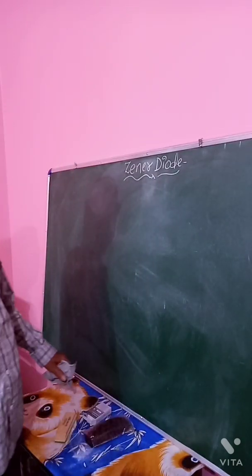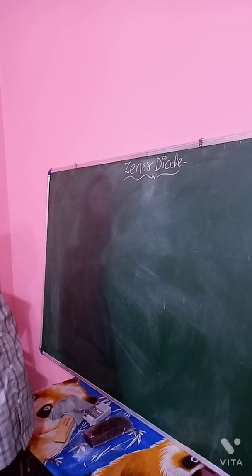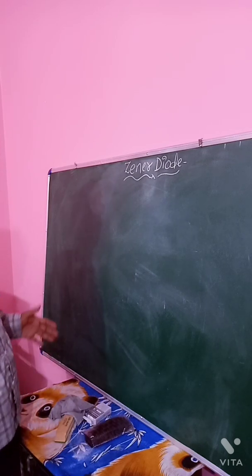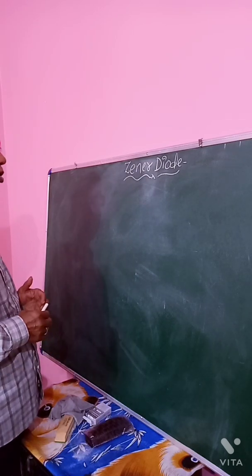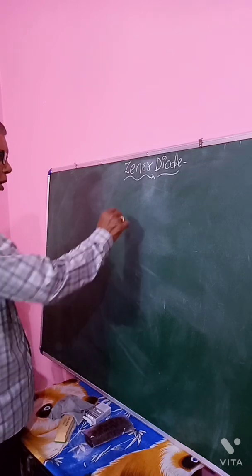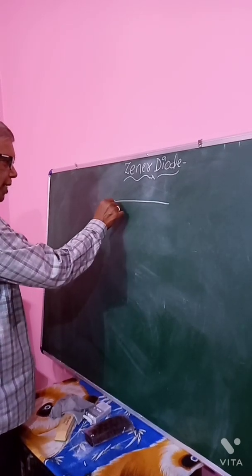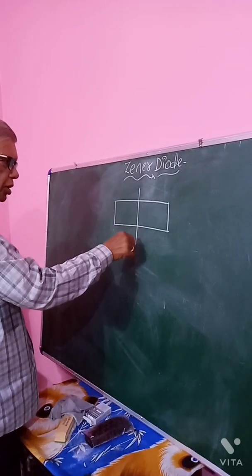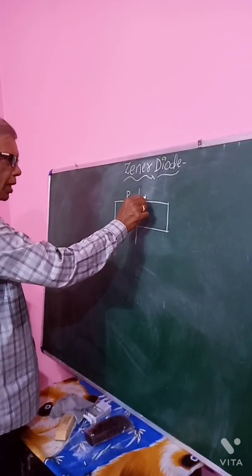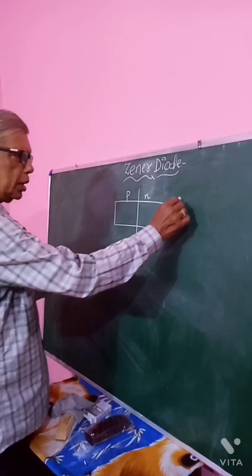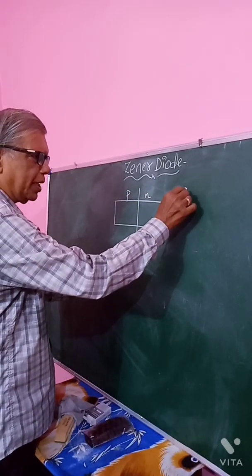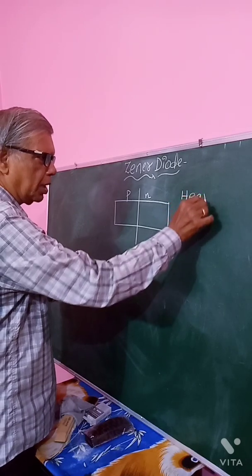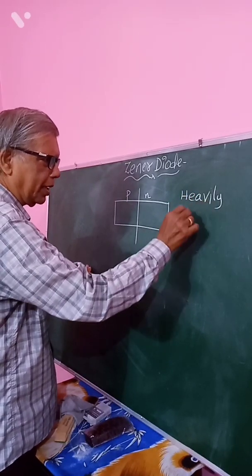I shall discuss about Zener diode. Now, regarding the fabrication or construction of Zener diode, the P side and N side of the junction are heavily doped. Doping is very high, heavily doped. Now, what is the advantage of